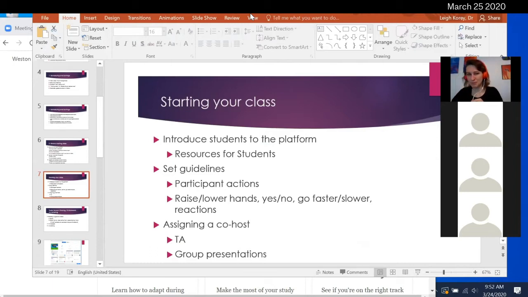Great. So I'm seeing lots of hands go up. Okay, so this is another option that you can have in your class